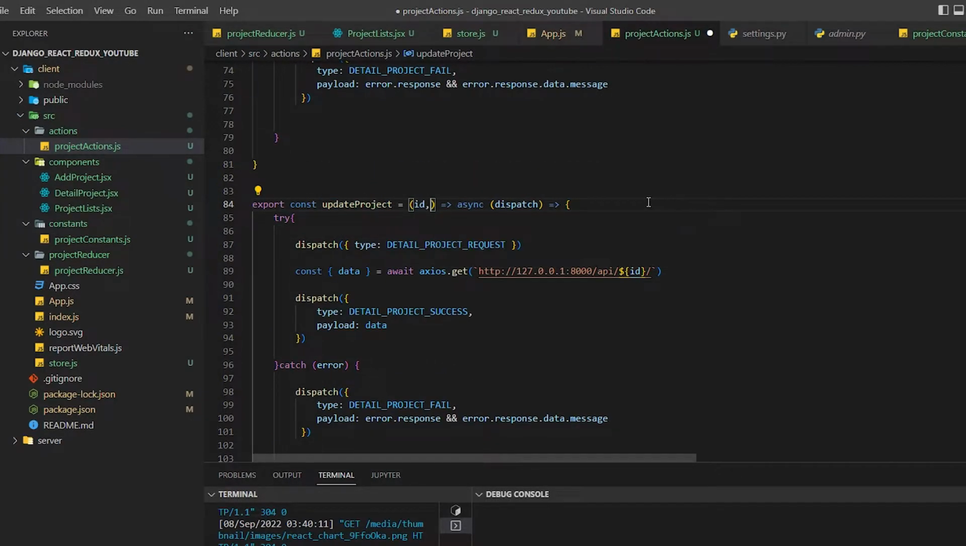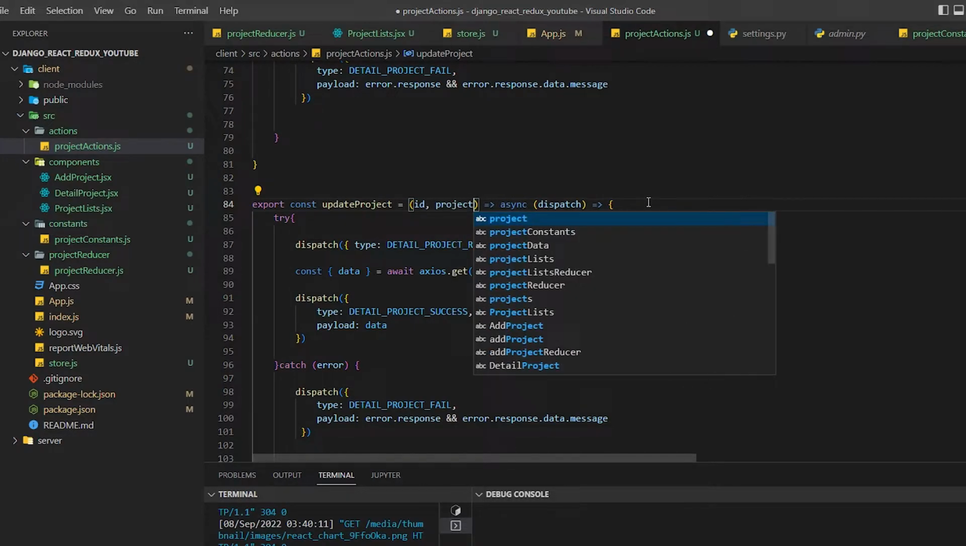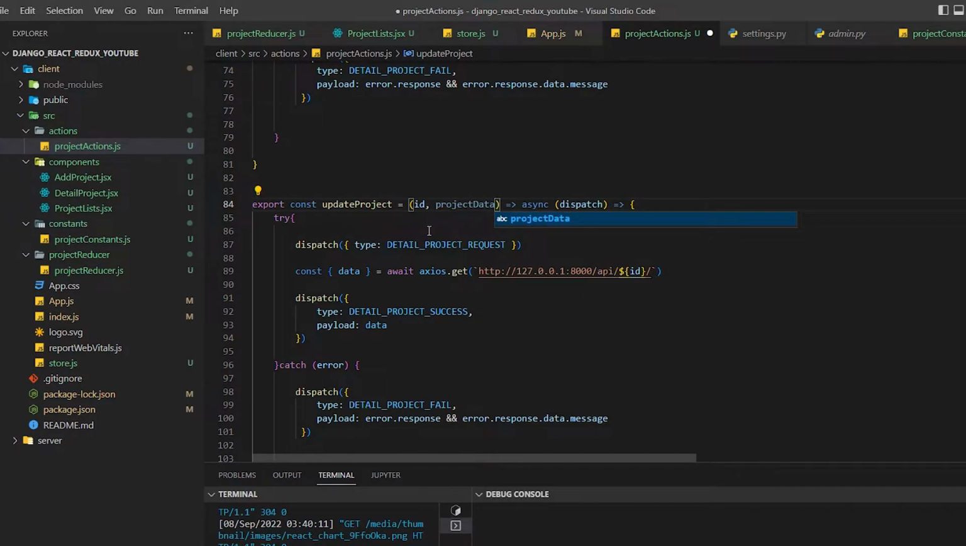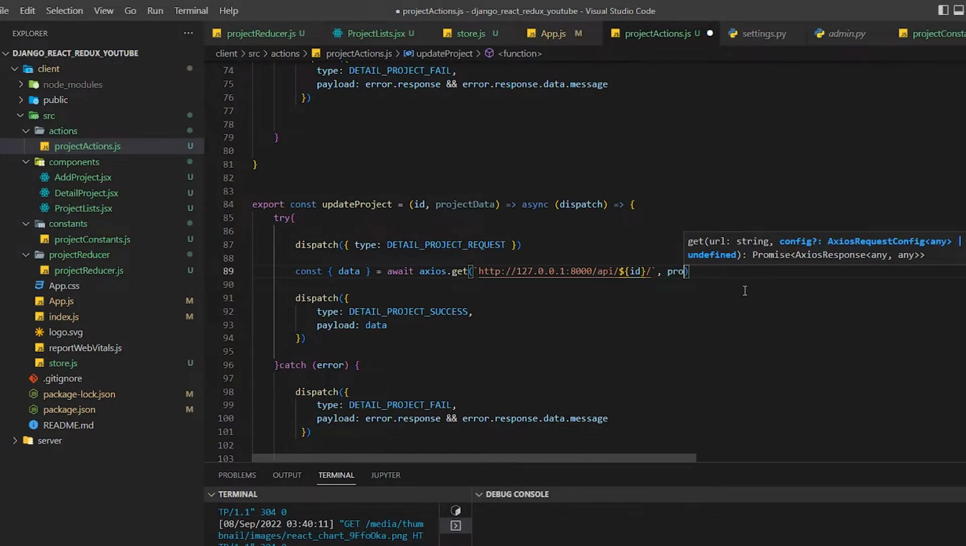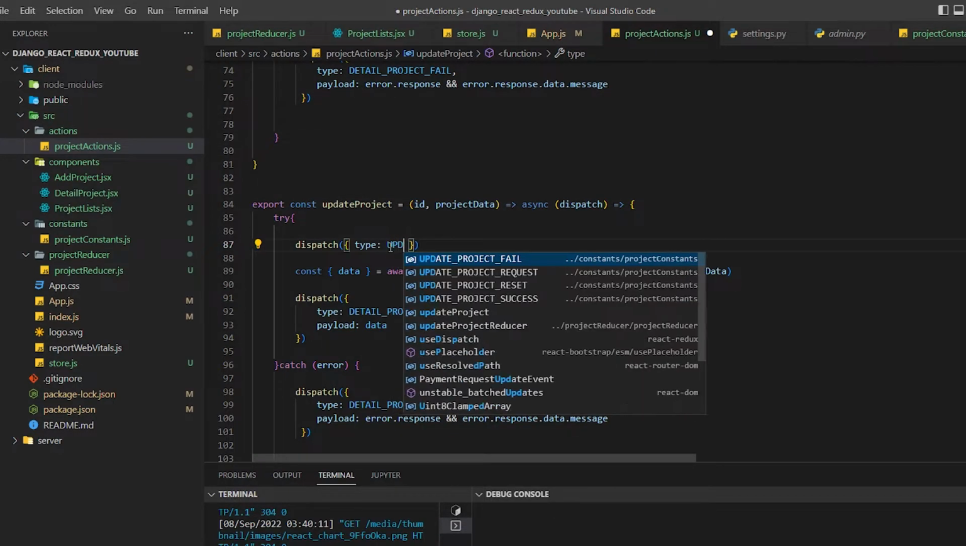One is ID and one is project data. So this is the data that we want to send in the updated state, and this is the ID that we want to update. Here you need to pass one more thing, which is projects data, that will be coming from our UI. This is the thing that we want to pass inside this, and we need to use update detail